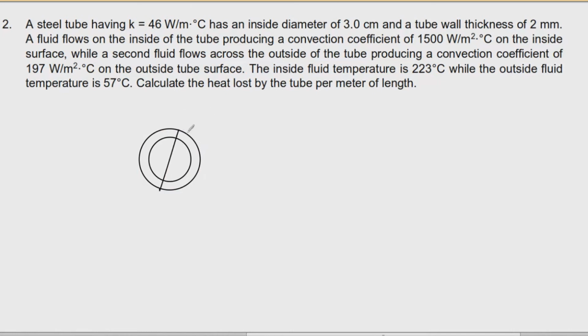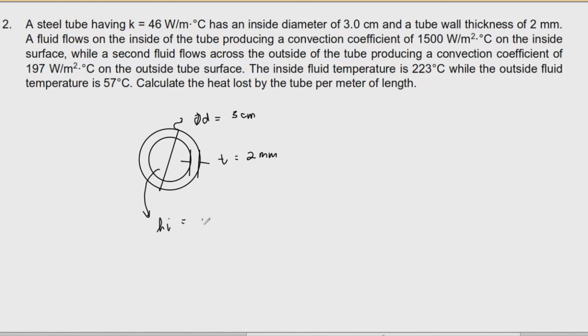Let me add here, the diameter is 3 centimeter, and the thickness is the measurement from the outside to the inside radius. So we get thickness equal to 2 mm, and then the fluid flows on the inside of the tube, producing a convection coefficient. So this is the inside of the tube, and we have here HI